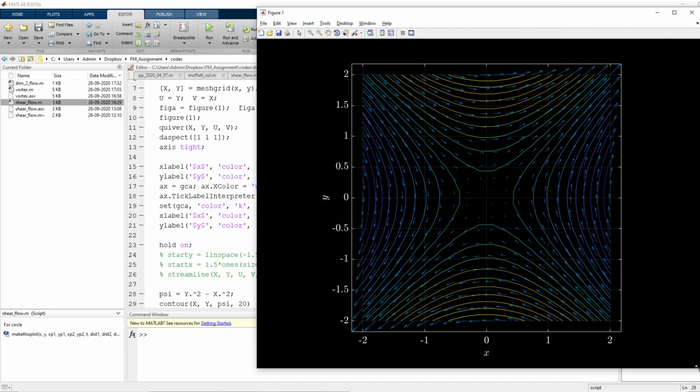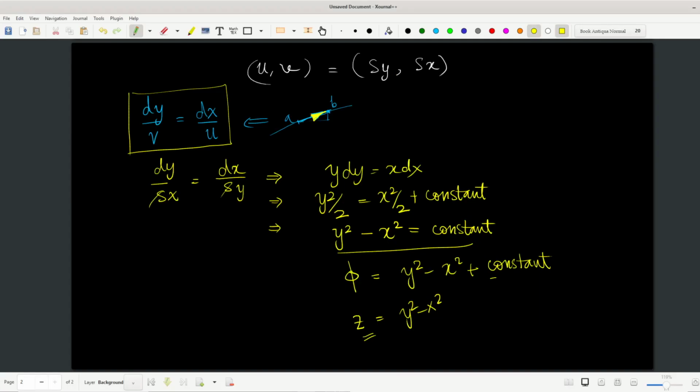Okay, so the contours are essentially iso y square minus x square. What's a contour? If someone asks what a contour is, a contour is a line which joins locations of equal values. All the points on a given contour will have an equal value. In our case, we have tried to draw a contour of phi equal to y square minus x square. Depending on what value the computer chooses for phi, you get a different contour. Is it clear what I'm saying?